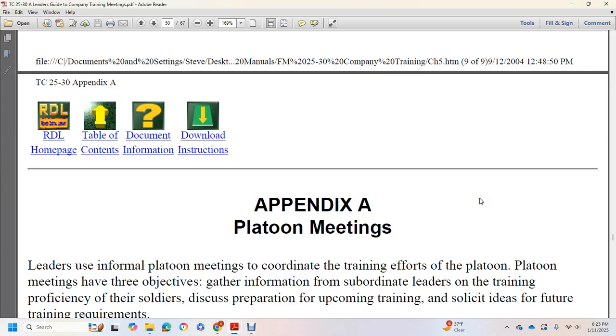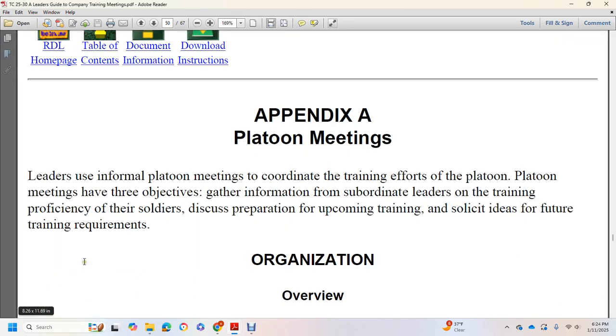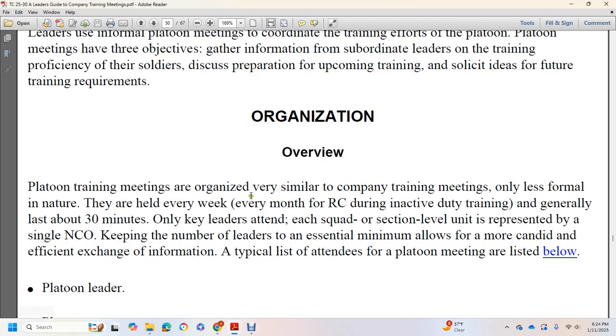Appendix A, platoon meetings. Leadership of the informal platoon meetings coordinates the training efforts of the platoon. Platoon meetings have three objectives: gathering information from the subordinate leaders on the training proficiency of the soldiers, discussing preparation for upcoming training, and soliciting ideas for future training requirements. They give an organized overview, like the company training meetings, only less formal in nature. They are held every week, or every month in the reserve component during inactive